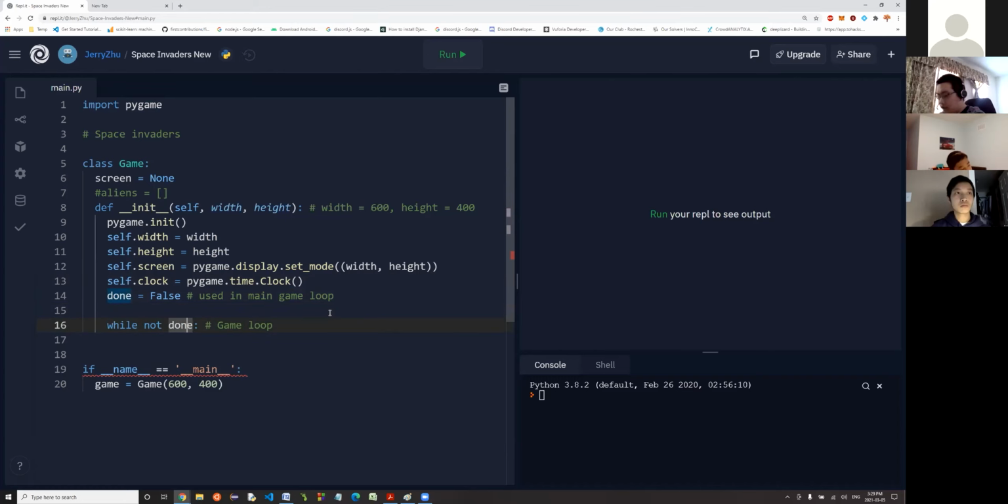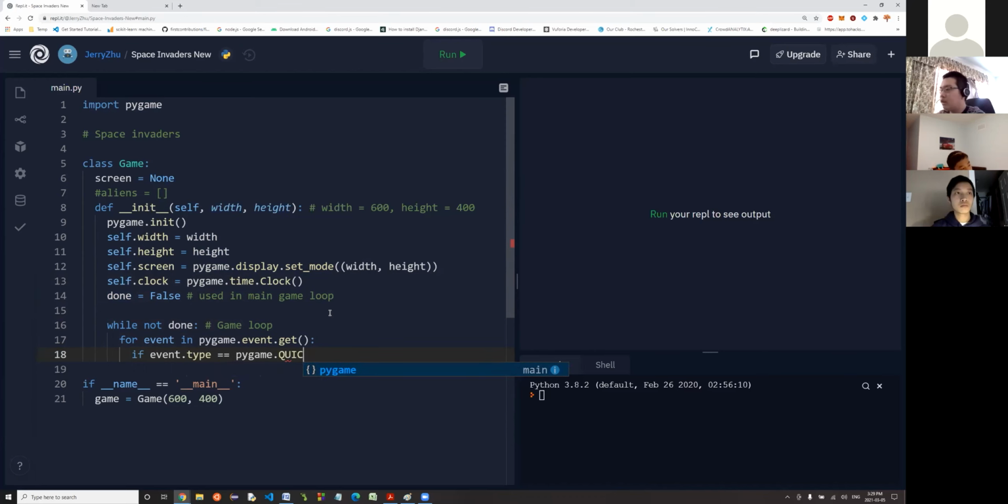And what are we going to do? First of all, we're going to find when we need to stop. So how do we do that? Well, for event in pygame.event.get. What does that do? Well, that takes every single event that's happening right now. So you're saying, what is going on in Pygame? What is going on here? And what you're going to say is that if event.type equals pygame.QUIT,